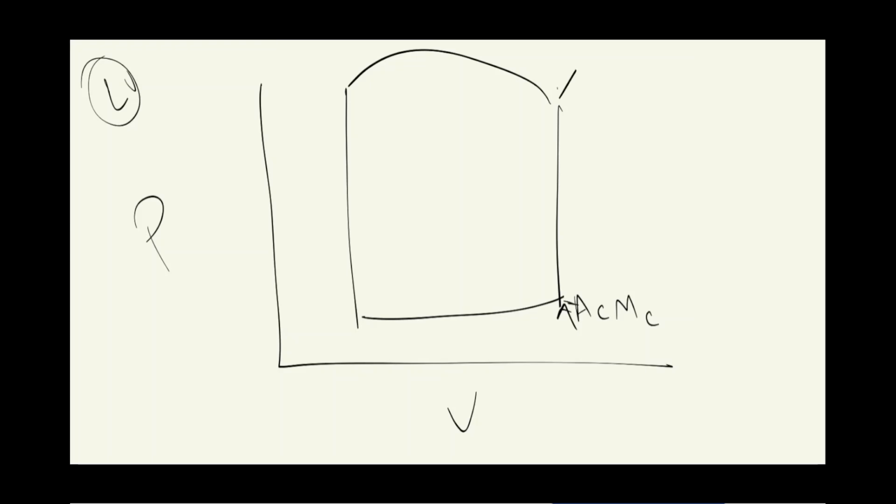So at this point, what valve opens? The blood's leaving the heart. Aortic valve is open. What about the mitral valve? Mitral is closed at this point. Blood is leaving the heart. So the aortic valve is open, the mitral valve is closed. Now we have ventricular ejection. Blood's leaving the heart. Eventually, we get back to this point.